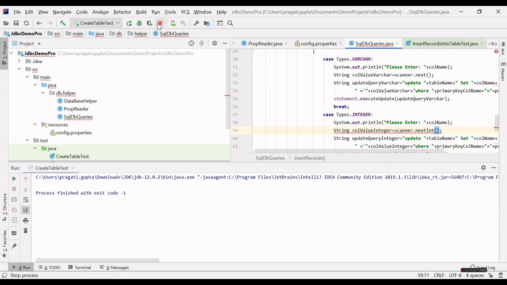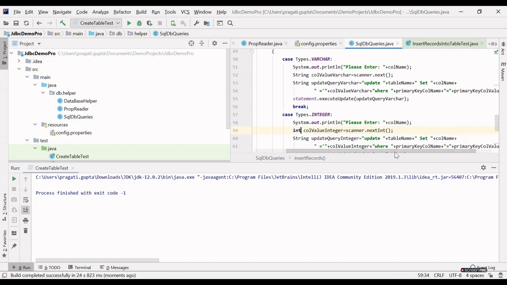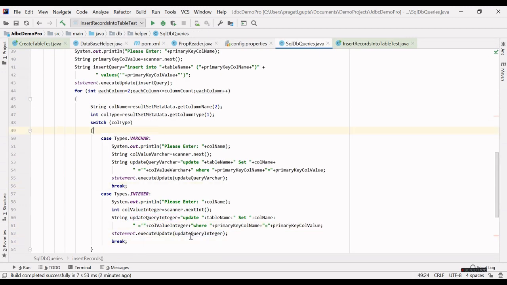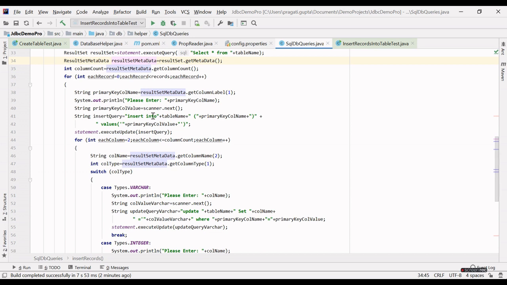Let's stop this first and put int here. Okay. And guys, please check the other values. Correct this as well. Insert into.